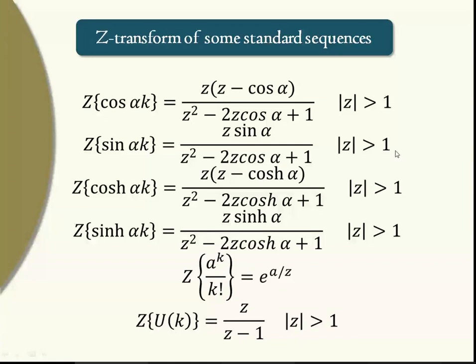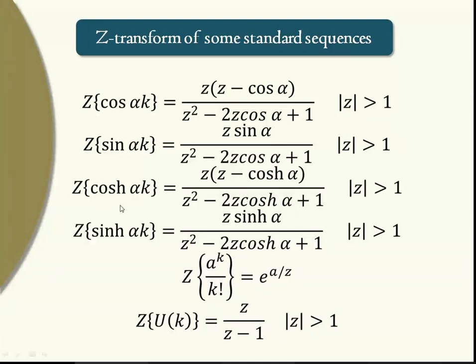This we call the region of convergence. In the first lecture, we saw what a region of convergence is. The values of z for which this Z transform is finite or convergent, those values we call the region of convergence. If it is not in this interval, then the Z transform doesn't exist. It goes to infinity. So the Z transform will be a finite value or will exist for these values. These are called the region of convergence, ROC.